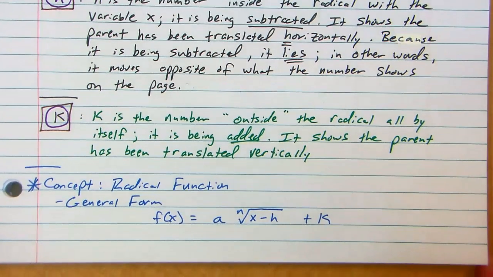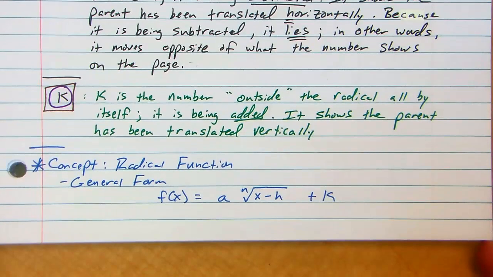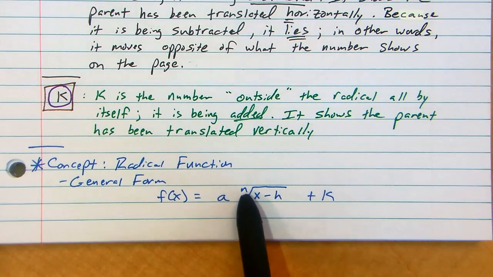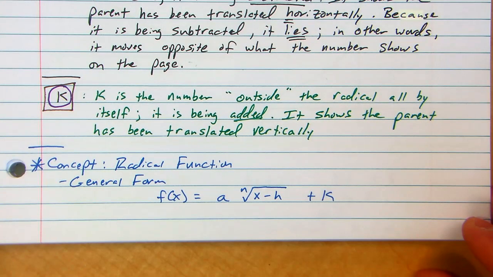And here is the general form, just so you know where to find the a, h, and k, and what the index is. Okay? All right, let me cut and